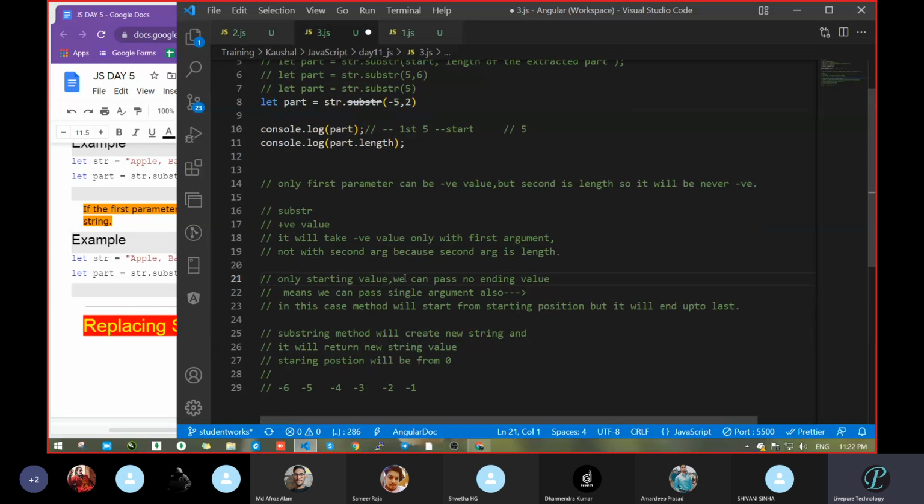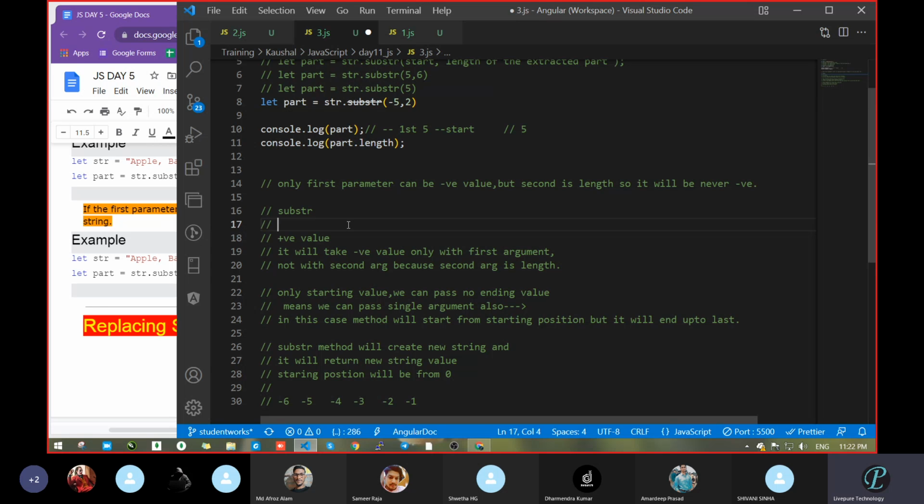So let's verify. Only a starting value, we can pass no end value, means we can pass a single argument. It's fine. The substr method will create a new string. It will return the new string value. The start position will be from 0. One more thing: it will take negative values. That's fine. Completed.